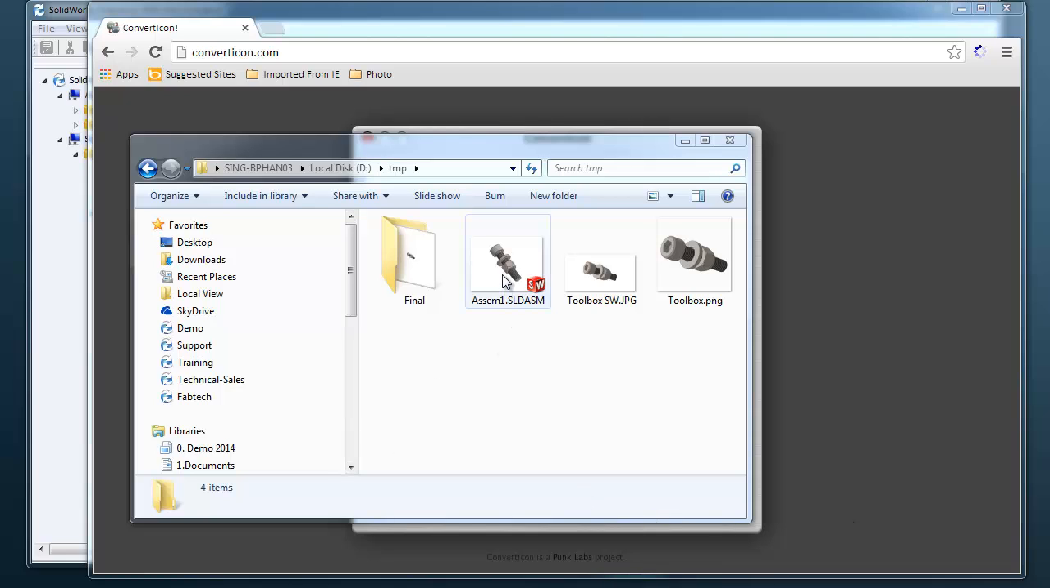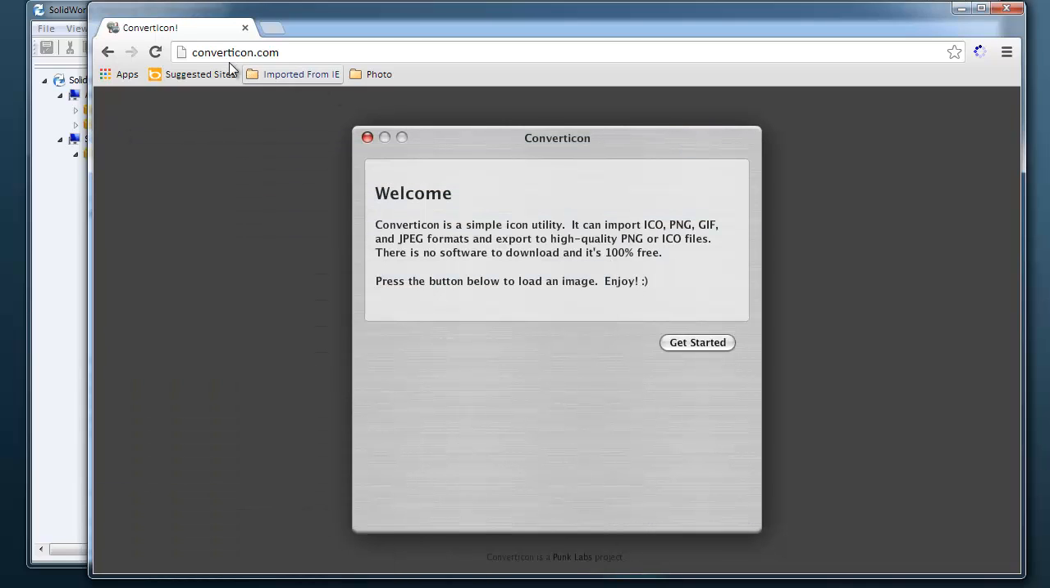So you see here that I have the assembly of SolidWorks, and then I create the JPEG picture, and then I use Photoshop to get the PNG files. So now I need to convert the PNG to ICO files. Unfortunately, Photoshop doesn't do this, so I'm looking for some tool available. There's a website on the internet called converticon.com. So I go to that website,